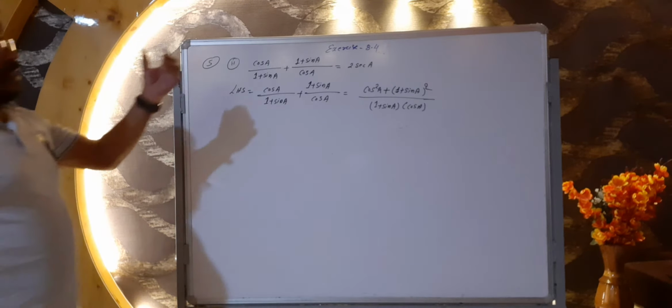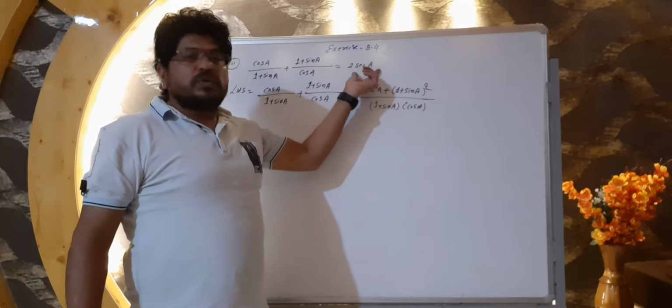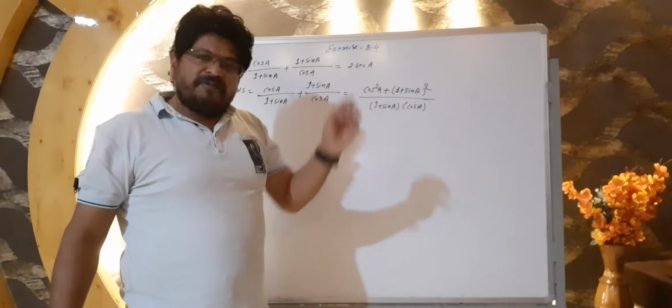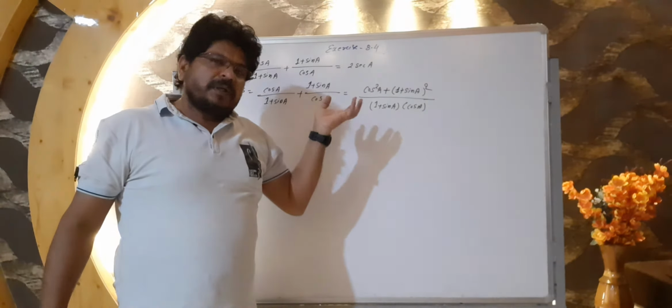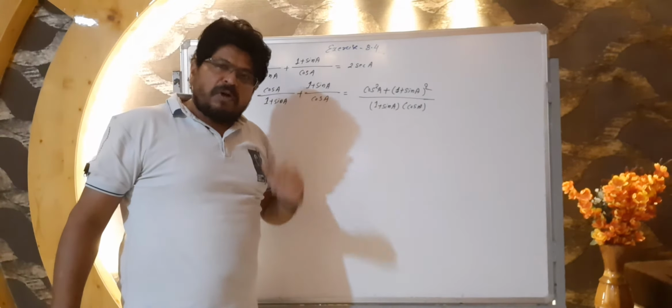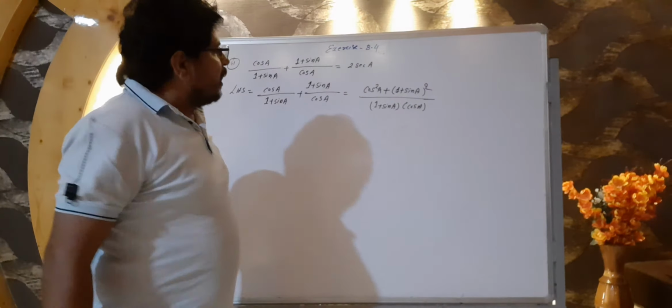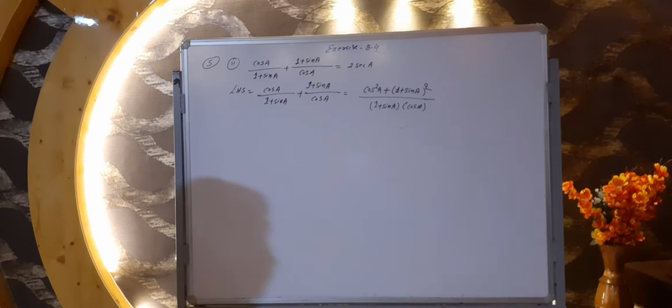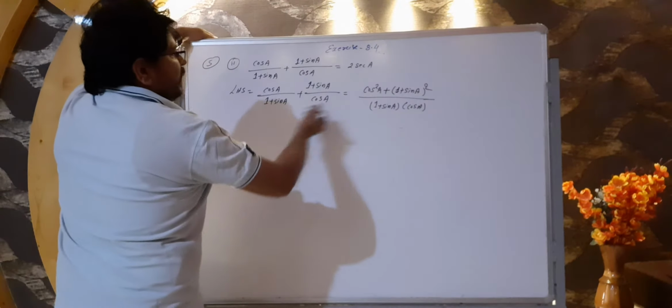Now here we want as RHS 2 sec A. 2 sec A means we want these particular things in the form of sec, or we want these particular things in the form of cos, because 1 upon cos theta is equal to sec theta. So let's see what we can do. Every term we must change in the form of cos. So here look,